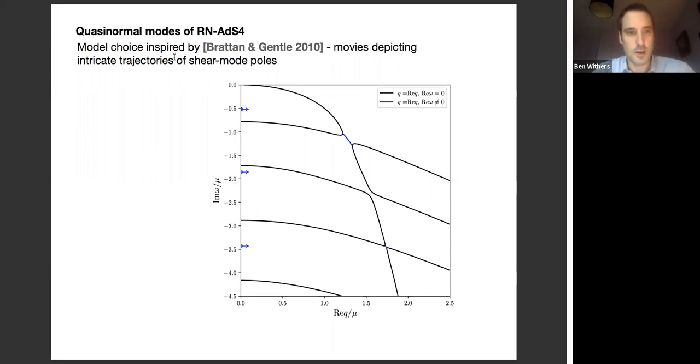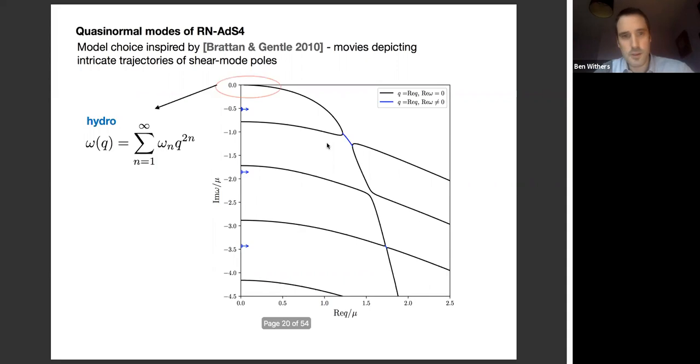And so this is why I focused on this, because I knew something interesting at least would happen. And so here's what the spectrum of this theory looks like at some value of the charge density for the quasi-normal mode spectrum. So for quasi-normal modes, what you're interested in is basically the frequency, real and imaginary parts, as a function of real momentum. So this is what it looks like. And you can see that there's lots of stuff happening.